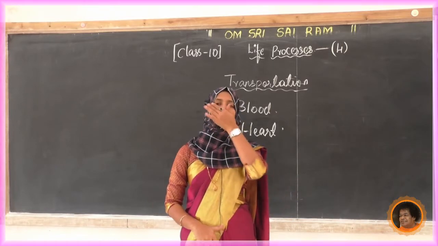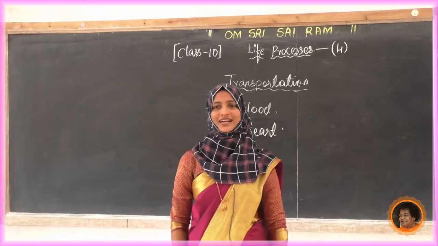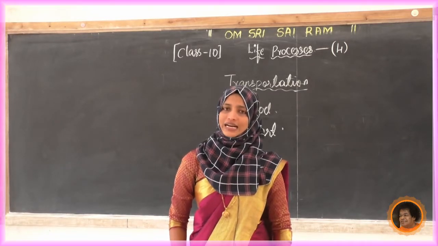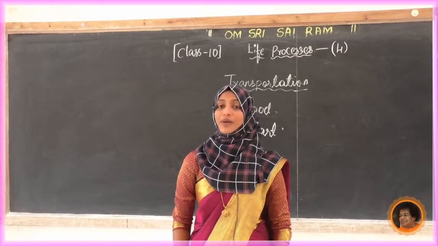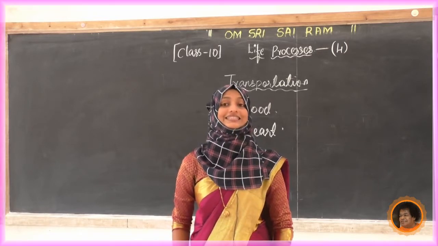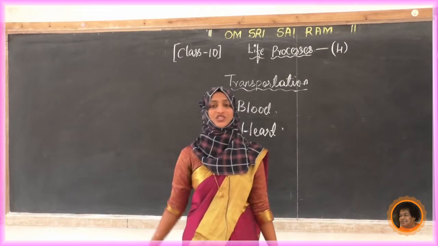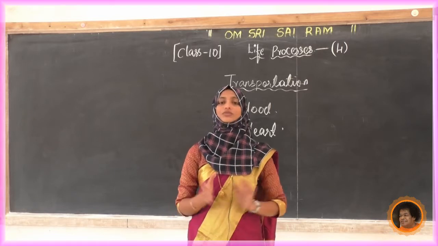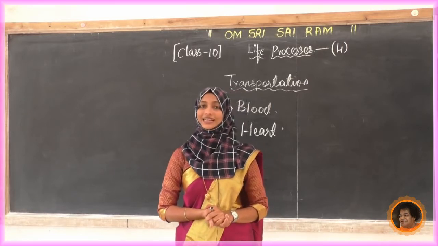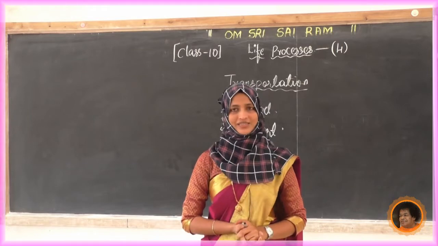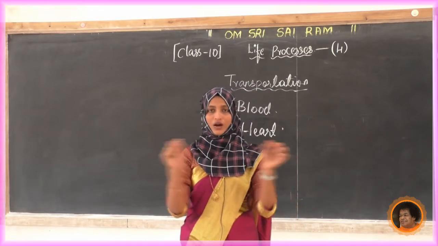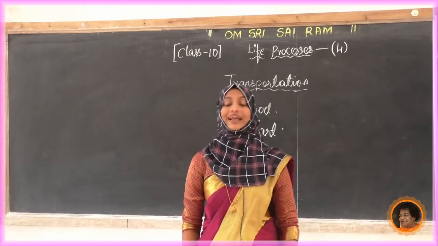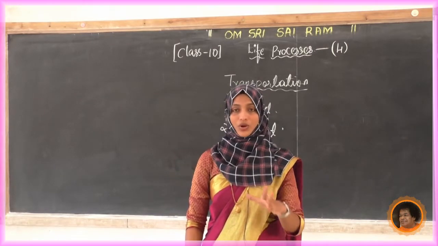Next we'll see the heart and its different parts. Very, very important it is. In the exam, surely they will ask for 4 marks to draw a neat labelled diagram with explanation. So you have to know how to draw this one. Try to draw the diagram of the heart. Upon that, name all the parts neatly. You have to put all the arrow marks in equal size and show how it is and where it is, and all the parts you have to explain.